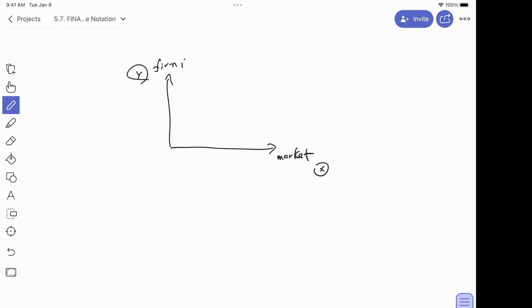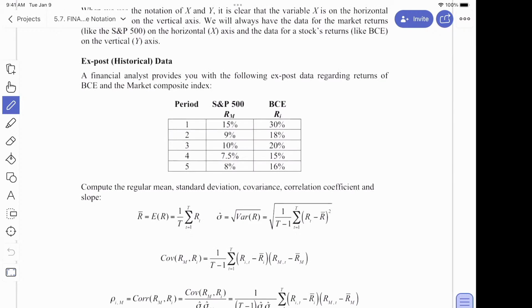Right now, all I'm doing is asking you to remember statistics because we're going to use it now in the context of finance. But I'm jumping ahead to the conclusion just because you guys didn't look at the review, but I'm going to try and tweak your interest before we go today. All right, so let me put it here that our X will always be the S&P 500, and the Y will always be the firm.